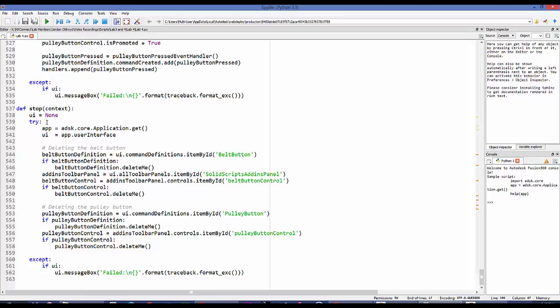So whenever we stop our code, I come in here, I grab this command definition, item by ID, I rename it something, and then if it's valid, so if this returns a 1, I just delete it. I also grab the belt button control and I delete it as well. That way the button disappears, the button definition is deleted as well, and I do that for both of my buttons. So that's what the stop function does,